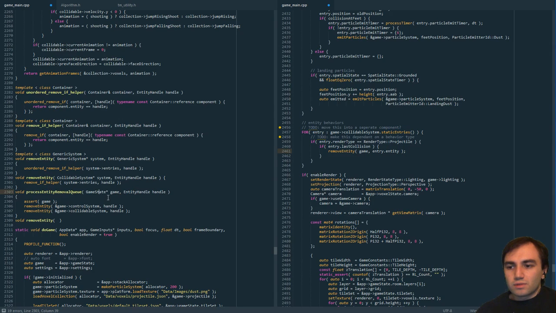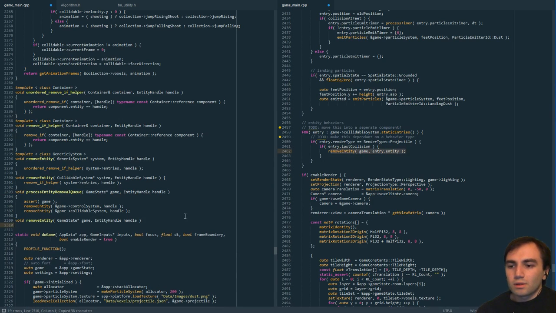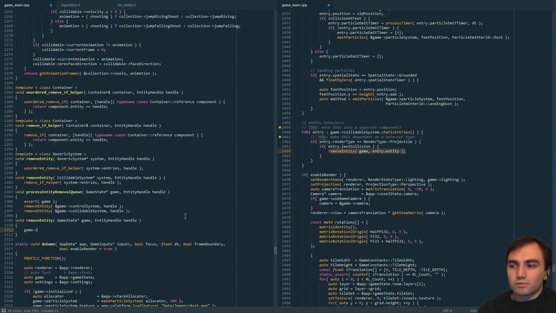Then we're gonna rewrite this function here. This will just queue up the removal. We're gonna use append unique game entity removal queue, and we'll